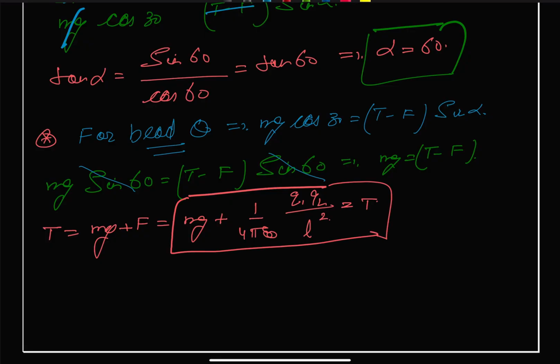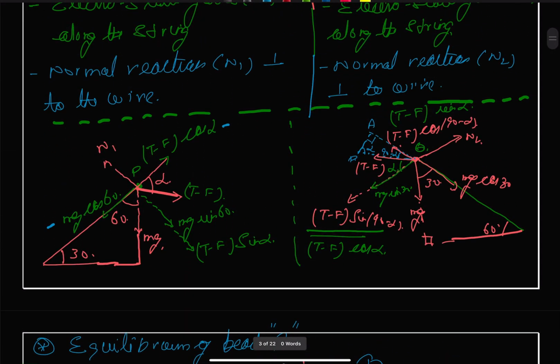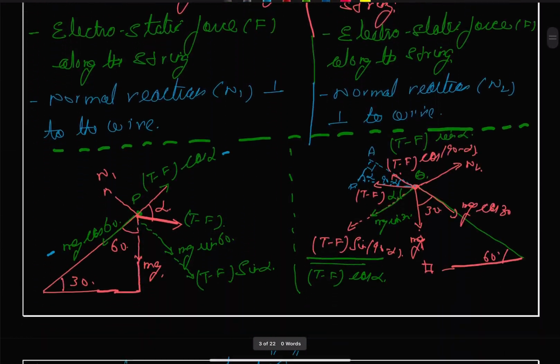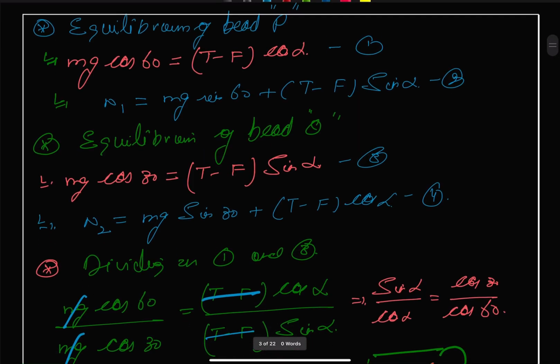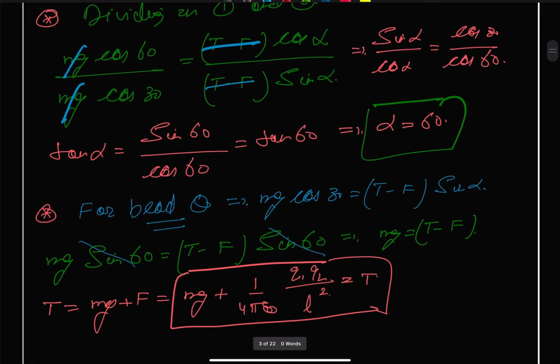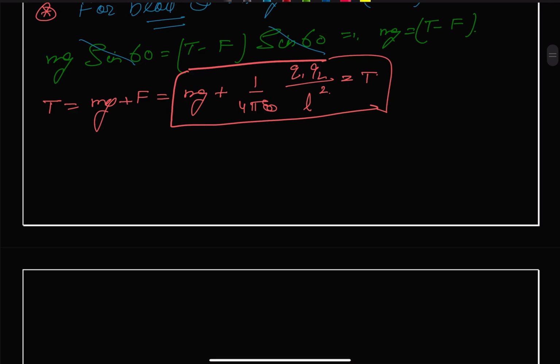And next it says that we have to find out the normal reaction of the beads. And for that we can use equation number 2 as well as 4, because normal reaction will be different. And T minus F is mg, which we are also going to use in this particular solution. So we can say for bead Q, sorry, let us start with P,